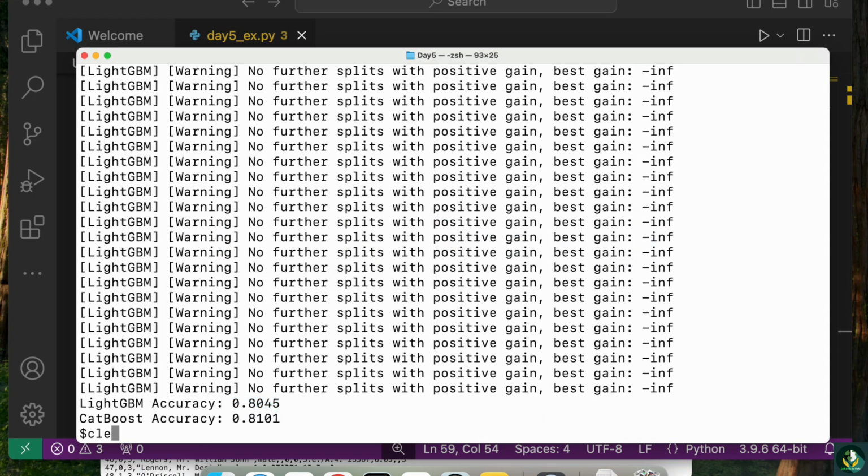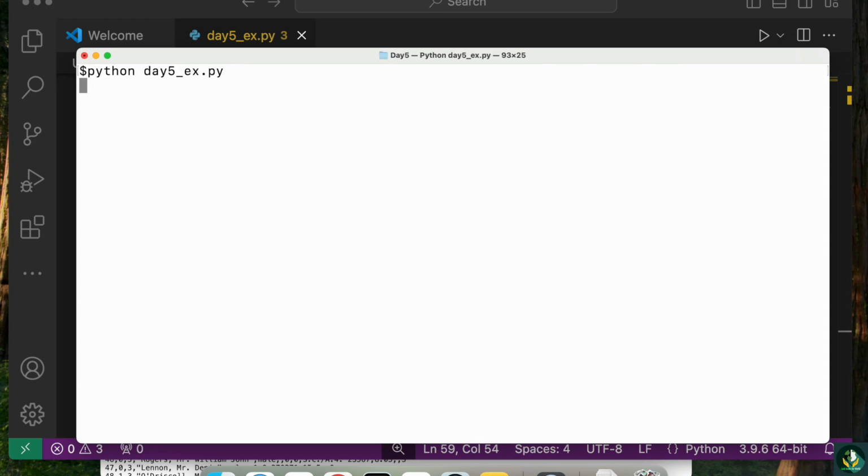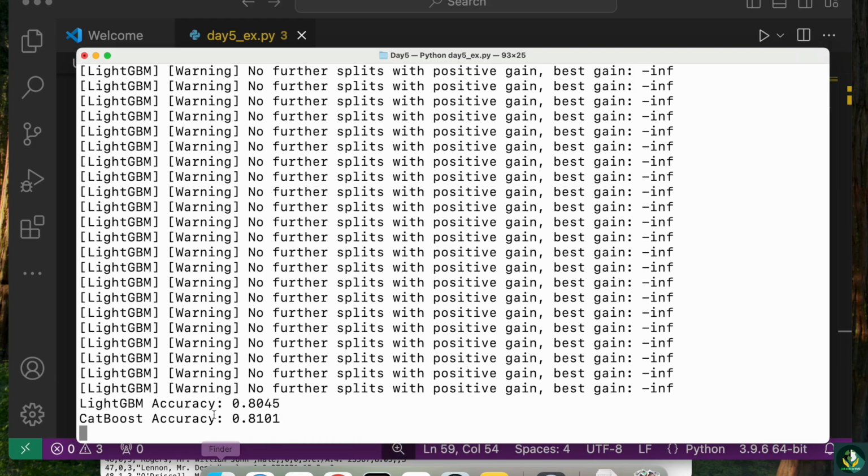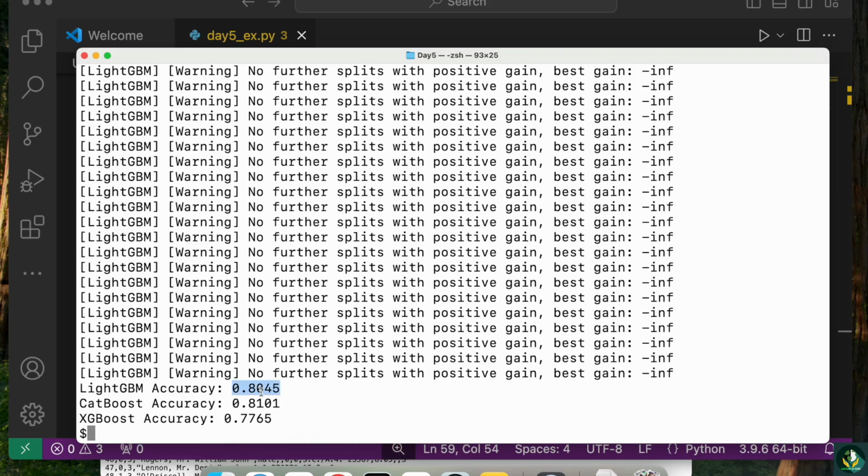Go ahead, clear it out, run it again, and we have all three of them: 80, 81, and 77. Now if you compare, CatBoost has the best one for this particular dataset, LightGBM is second best, and the worst of the three is XGBoost, the third one with 0.77